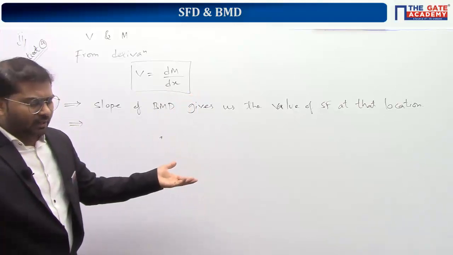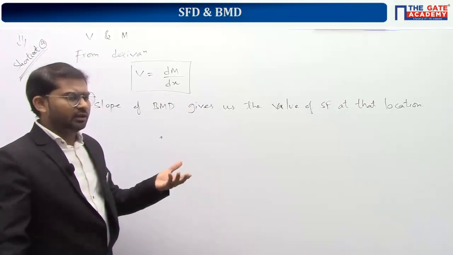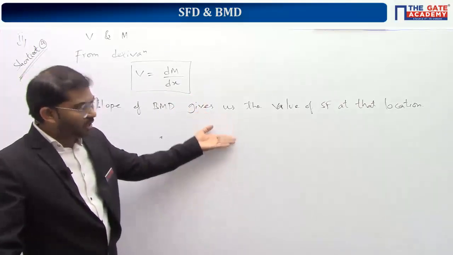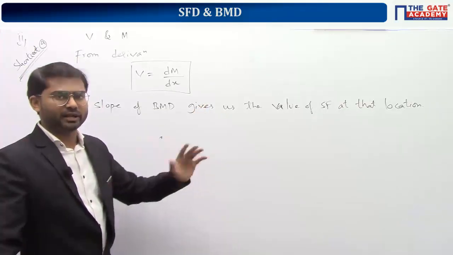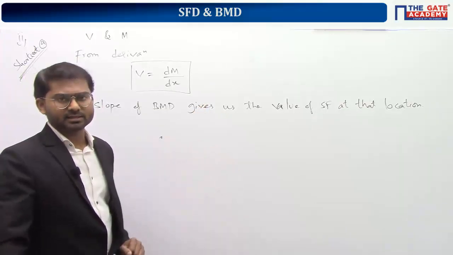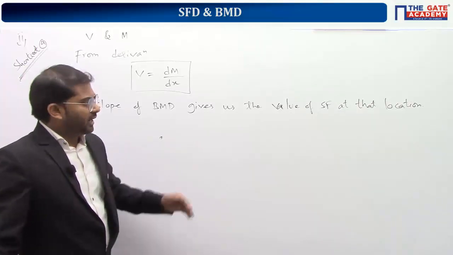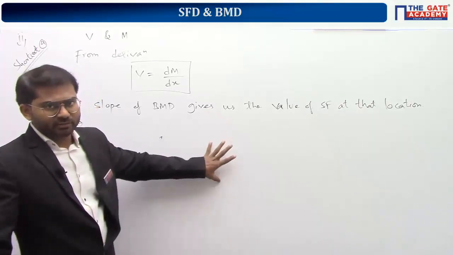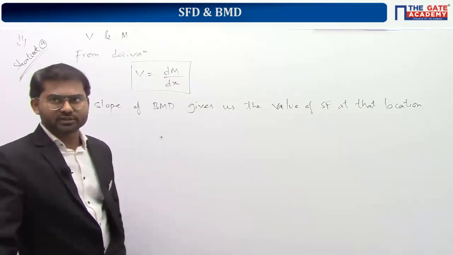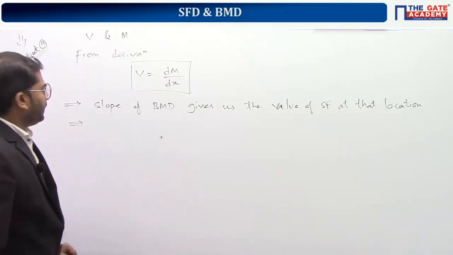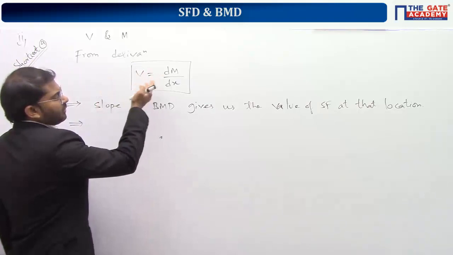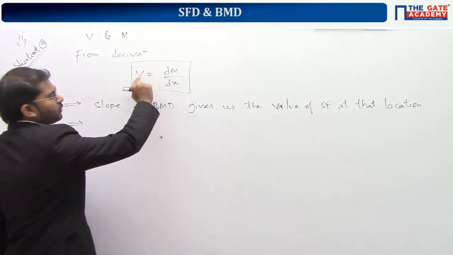I feel we can write down the remaining results also for the previous case, but it's not required. That's why I haven't written them unnecessarily. Why take everything into consideration? So here I am going with the remaining results. You can understand from this and correlate it to those things. Here we understood simply from the equation that the slope of the bending moment diagram is equal to shear force.